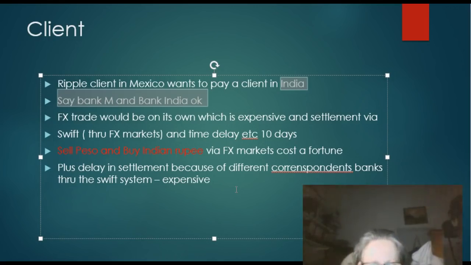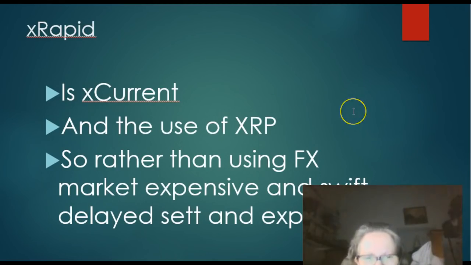Now, I read something the other day, on the previous YouTube I did, and someone said xRapid may not be cost efficient because of something, which I just thought was totally irrelevant, slippage, which is just totally irrelevant. And they said that SWIFT could be more cost efficient. That is just absolute garbage, okay? So let's go to xRapid. And what are we talking about when we talk about xRapid?